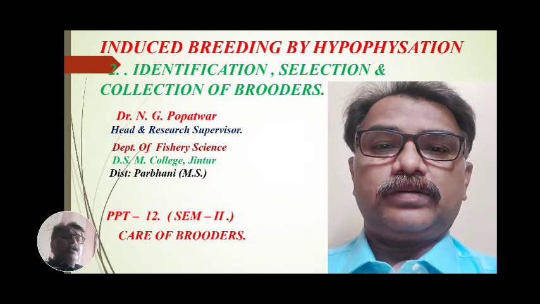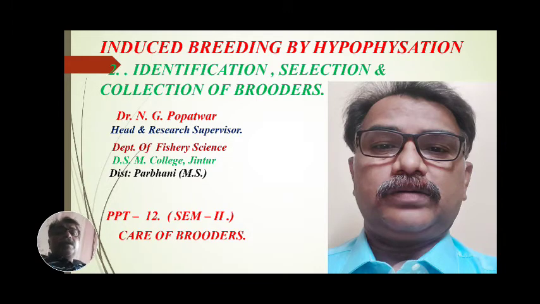Different methods have been seen: first the natural method, second bund breeding with different types of bunds, then artificial fertilization by the stripping method, and the last and most important method, induced breeding by hypophysation. In induced breeding by hypophysation, first we saw the definitions of induced breeding, and then